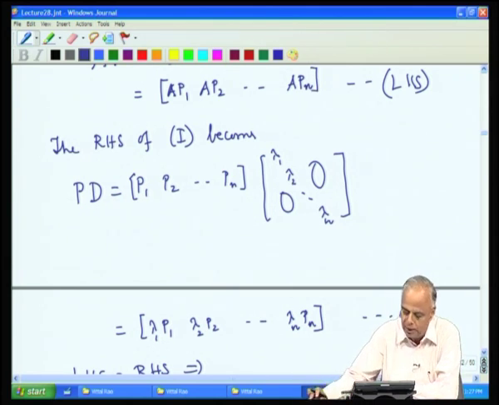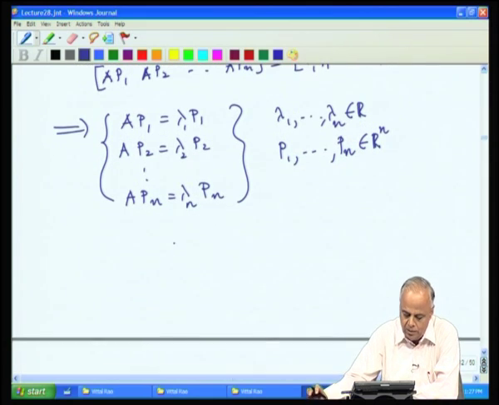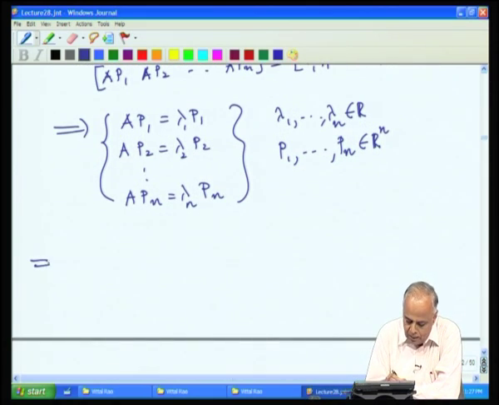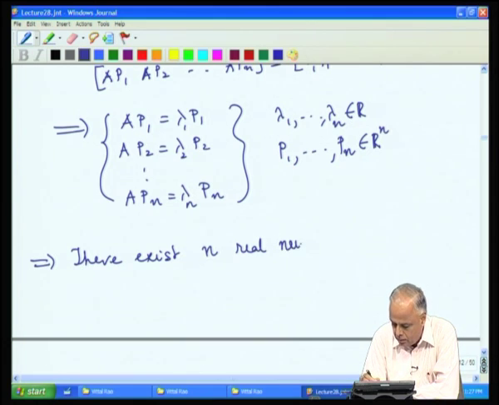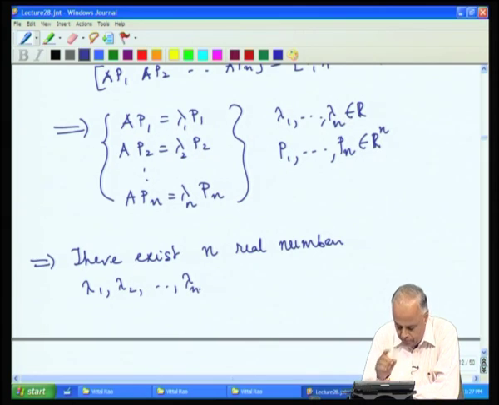Therefore, the rank must be n. Hence, that implies there exists n real numbers